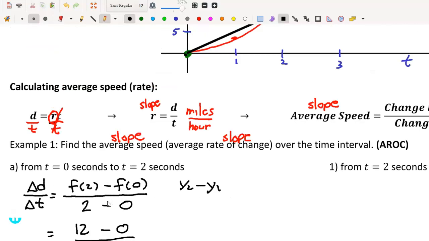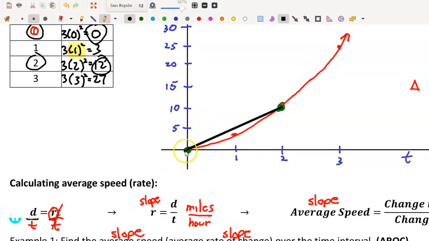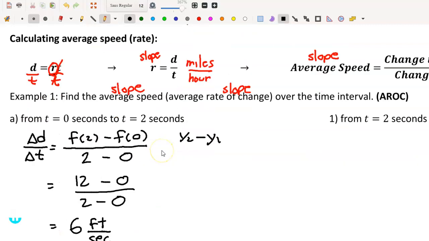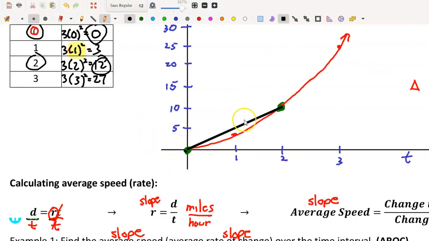Okay. And all that says is that on the average, going from the very beginning, from the start, after 2 seconds, we went an average of 6 feet per second. After 1 second, it was at 6. After 2 seconds, we're at 12, which makes sense. Right? We had 2, 12. So after